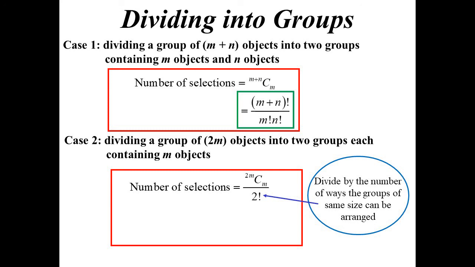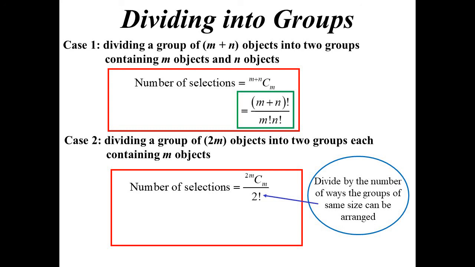I still end up with the same 2 groups. So if the group sizes are the same, I divide by the number of ways you can arrange that group, unless you're actually going to do something with the groups. See, if I was to say, well, one group, you're going to go and sit in that corner, and the other group, you're going to sit in that corner,